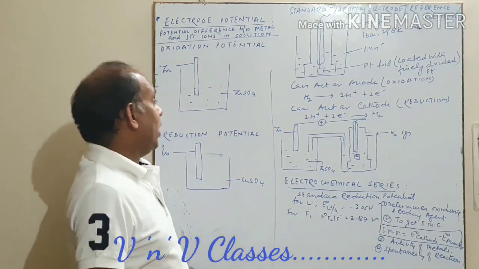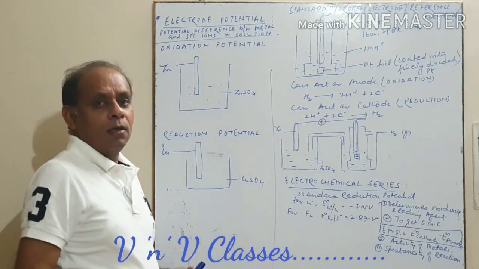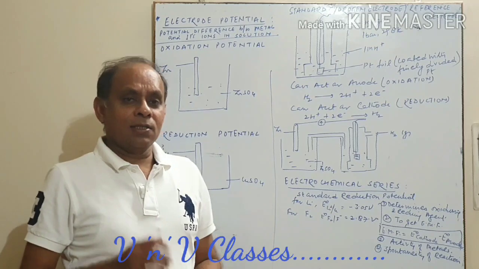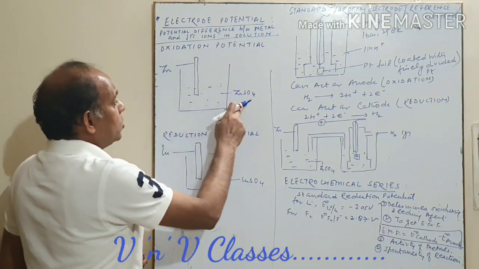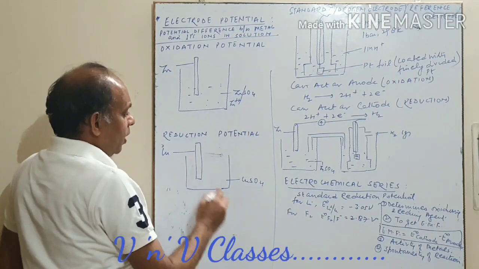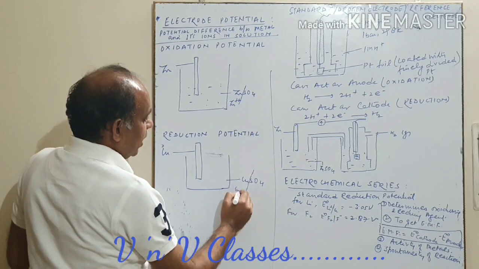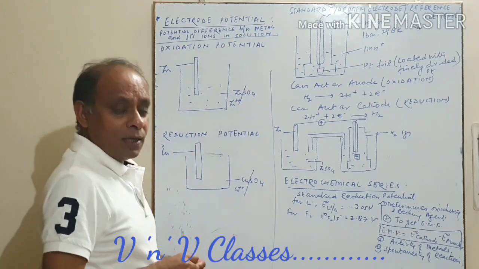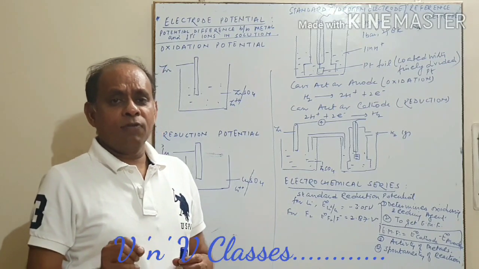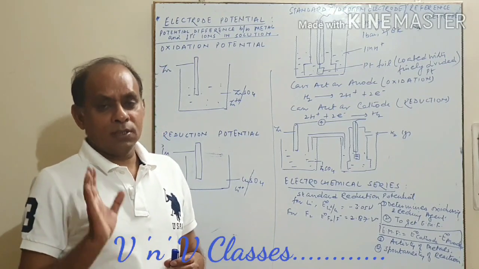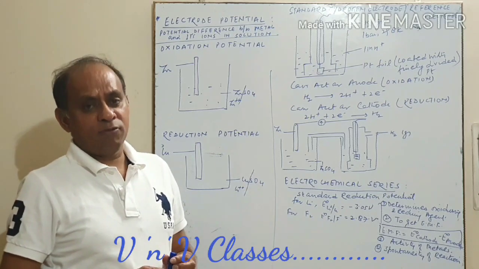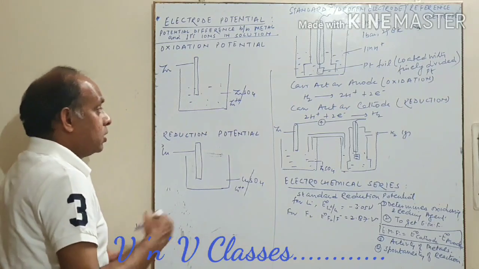Now when we talk about electrode potential, what does it mean? Remember everyone, whenever a metal rod is dipped into its ions, like zinc dipped into zinc sulfate solution, here we get zinc ions. Copper is dipped into copper sulfate solution, we get copper ions. 100% a process will take place. A metal rod in contact with its ions undergoes a process, and this process depends basically on the activity of the metal. So what do we observe?